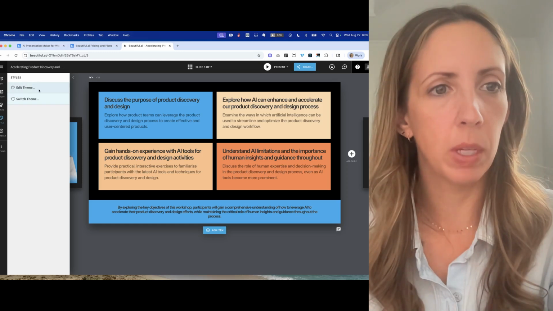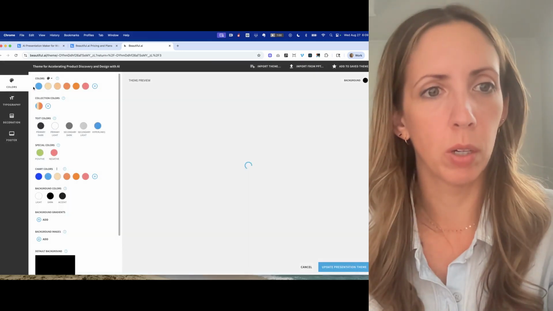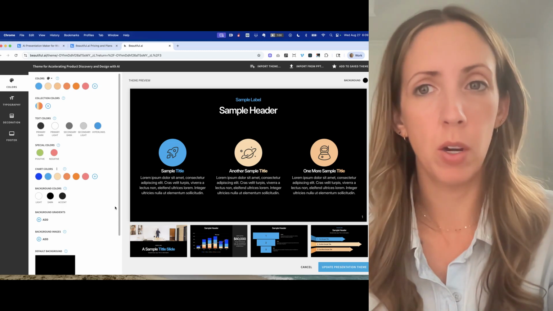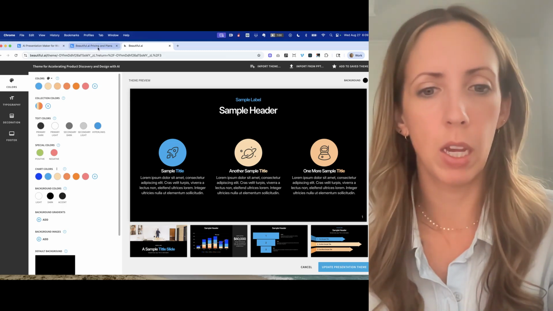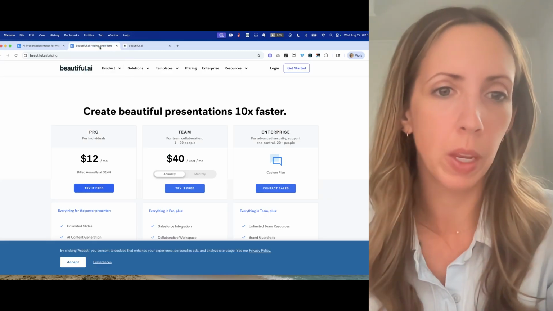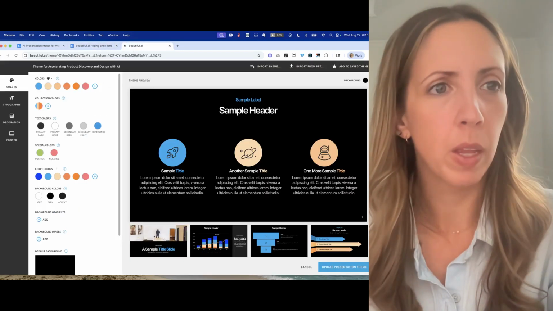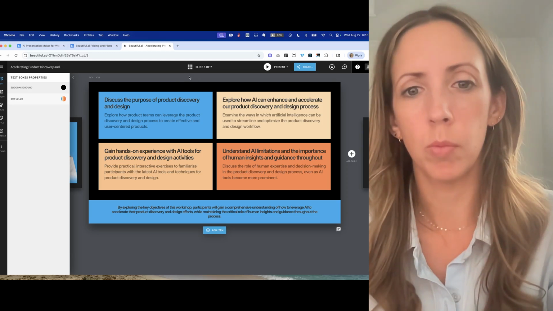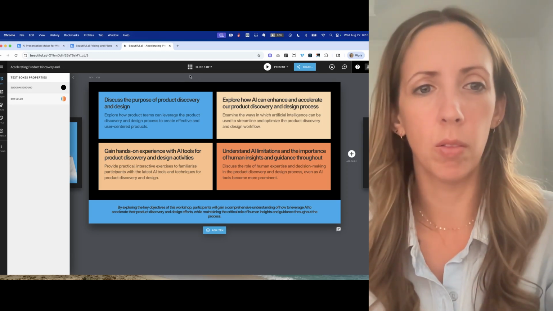And then same thing here, I'm really looking for, okay, so I have a full theme editor, but I really at some point as I got started wanted somebody to just ask me, what's your logo? What are your colors? What's your font? Because that would save me a lot of time. So yeah, Beautiful.AI, honestly, I felt like